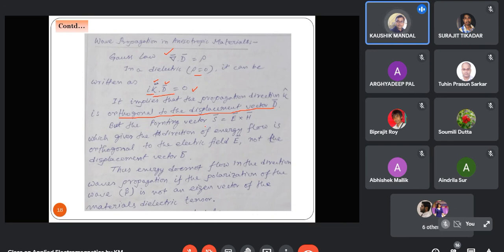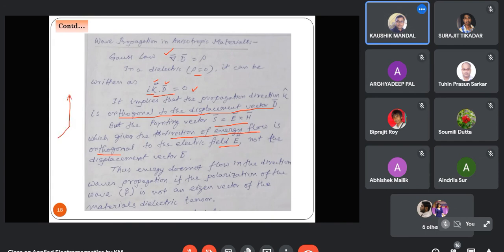But from the Poynting vector, we know the Poynting vector S is equal to E cross H, which gives the direction of energy flow. So this S is orthogonal to the electric field. S equal to E cross H means this energy flow,